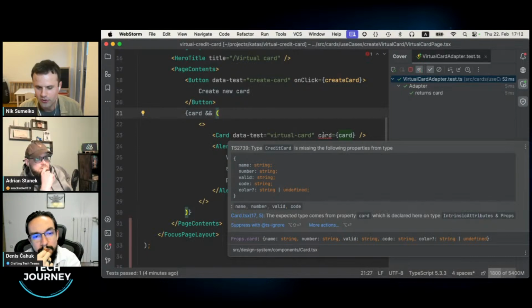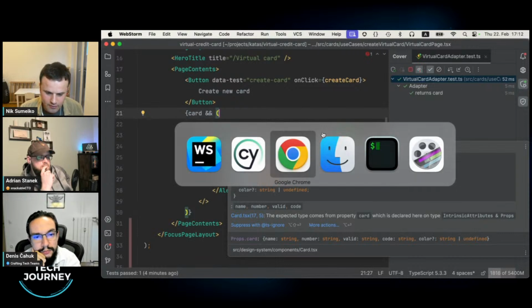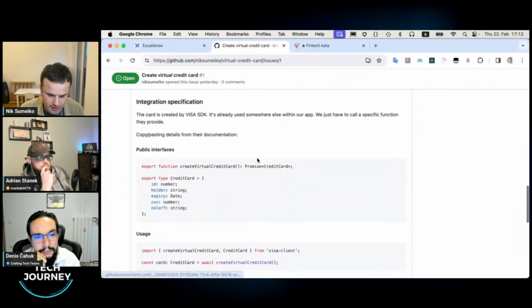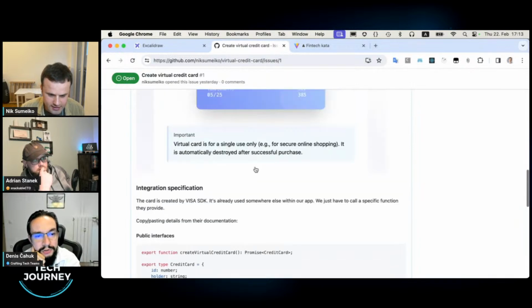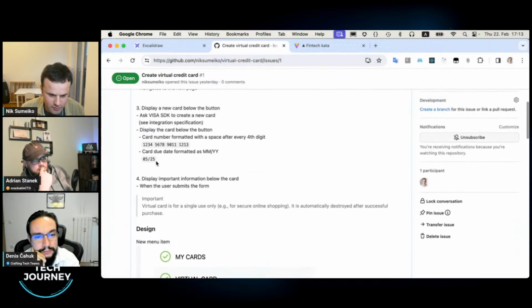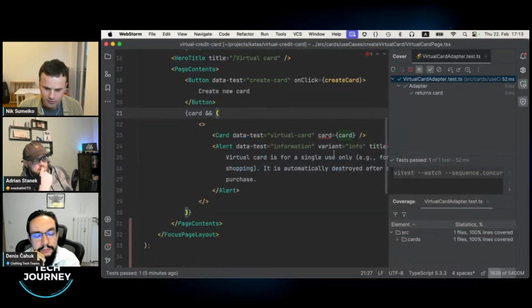So our goal is to remap that to the proper stuff. You see this interface from the design system requires name, number, valid, and so forth. And from the Visa, we see that the output doesn't have number, name, so it has different stuff. The date is a date instance and uses different jargon, but we actually will need this kind of date. Plus the number shall be formatted. So we need to remap this.